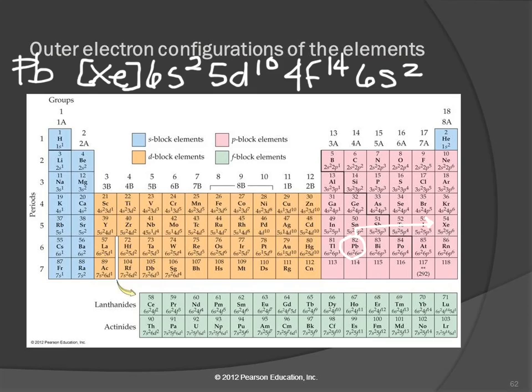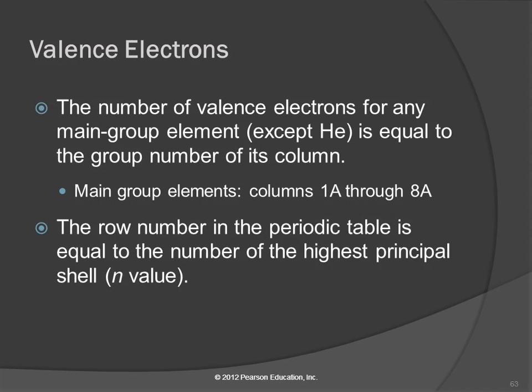I don't know if I'm the only one who doesn't get this, but could you show us an example of how to find it off of that periodic table without the configuration? Yes. Okay. No, that's good. So, yes, I screwed up here. That's 6p2. Anyway. Okay, so the number of valence electrons for any of the main group elements except helium, because he's little and he gets away with stuff,